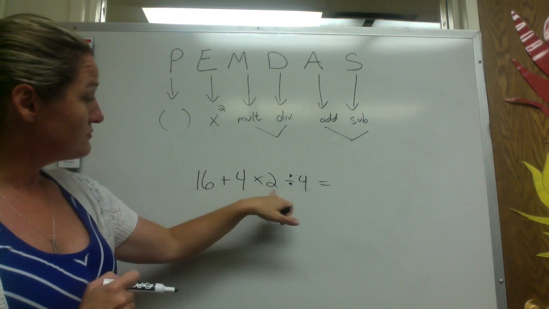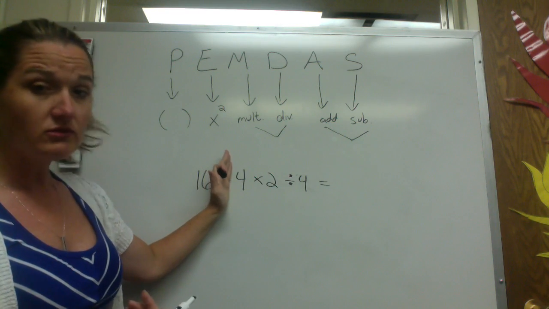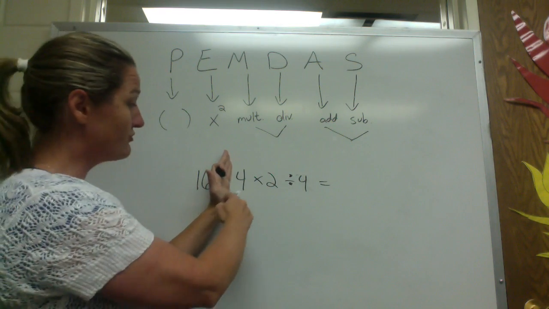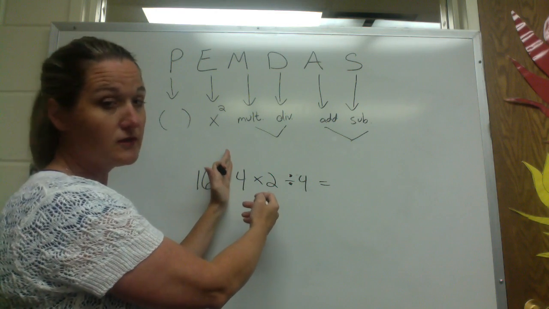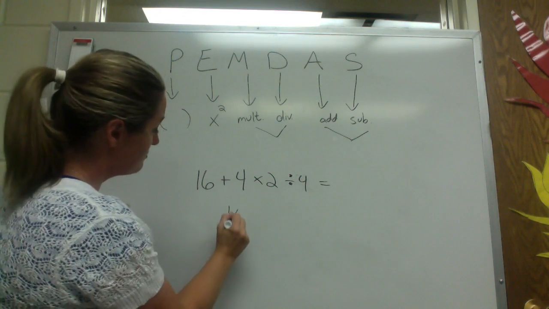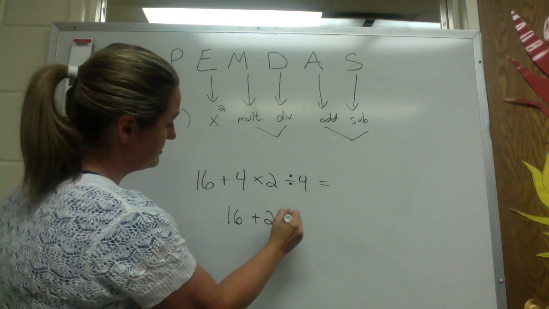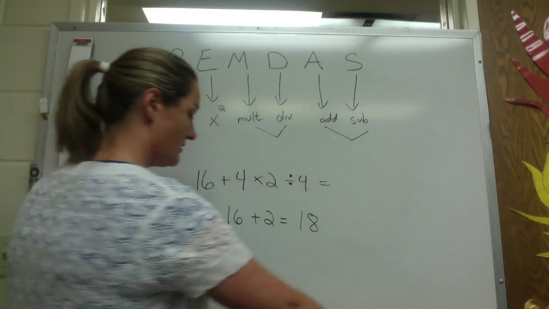So we've got 4 times 2 divided by 4. In this case, we just work left to right. So we are going to do the 4 times 2 first. 4 times 2 is 8. Now we're going to go ahead and divide by 4. 8 divided by 4 is 2. So now our problem looks like 16 plus 2, and the answer is 18. Okay, let's do